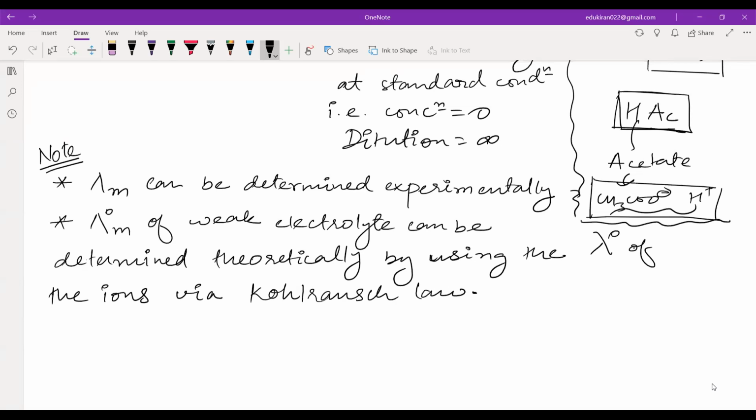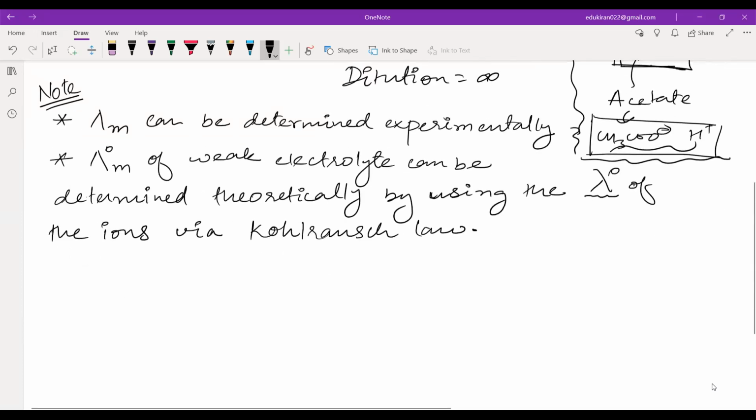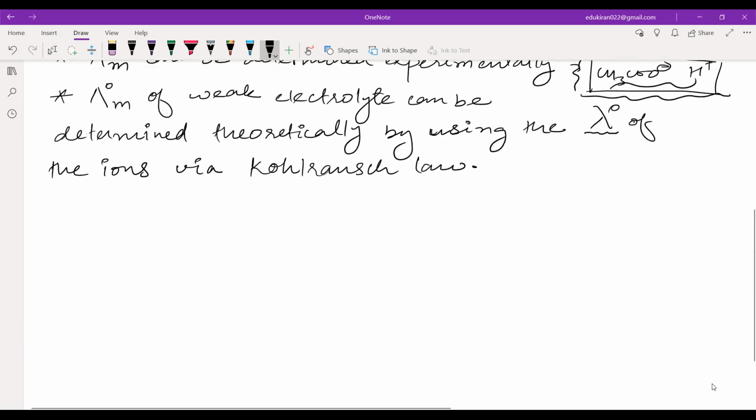Okay, till here we have done, in the sense that in the example that we solved, we calculated the lambda naught M from the independent lambda naughts of the individual ions from Kohlrausch law. Now, if you have calculated the alpha, then you must remember there is a relationship between the equilibrium constant, that is K, and the dissociation constant, which is alpha. This is equal to C alpha square upon 1 minus alpha. This is from equilibrium. You remember this?